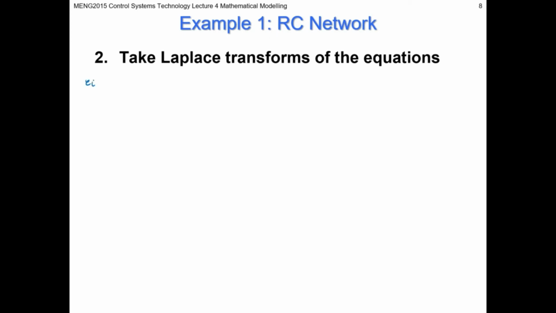I probably have to write them out again. Let me give myself an extra space to work here. So we have E_I equals I R plus 1 upon C integral I(t) dt. And on the output side, we have E_O(t) equals 1 upon C integral I(t) dt. So taking Laplace,